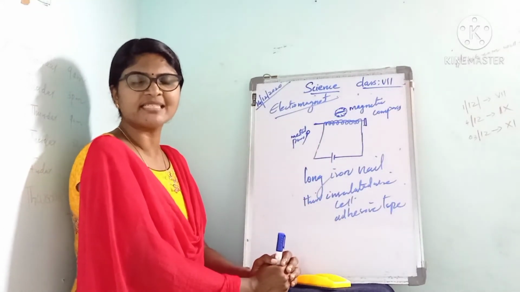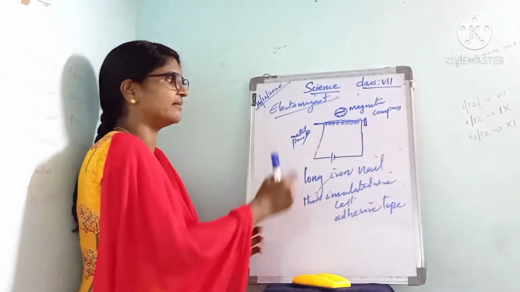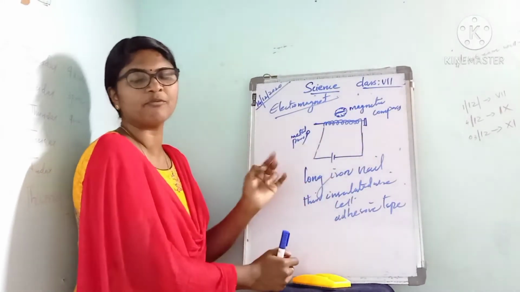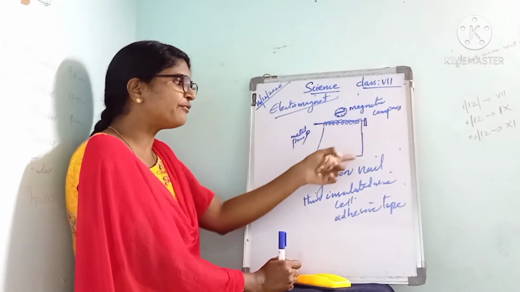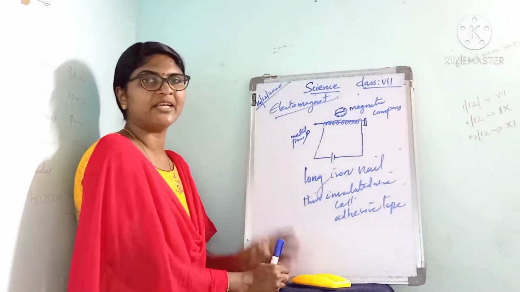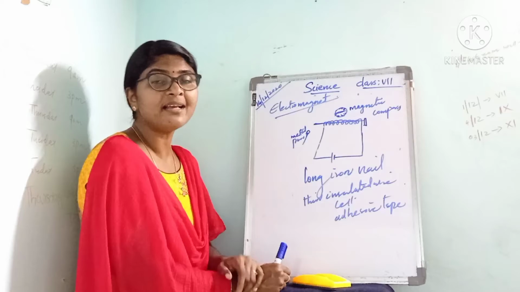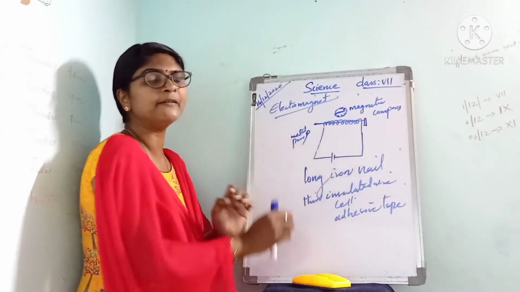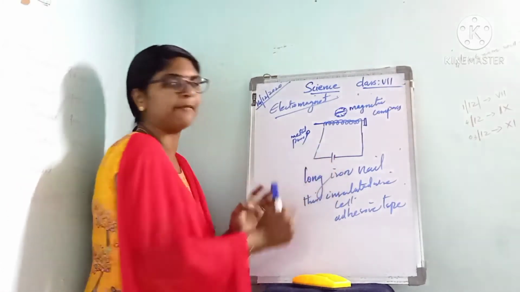And leave some wire hanging loose at the ends of the nail. Then fix one end of the wire to the negative terminal of the electric cell. You know, the electric cell has two terminals, a positive terminal and a negative terminal. Here, one end of the wire is attached to the negative terminal of the cell with the insulating tape.